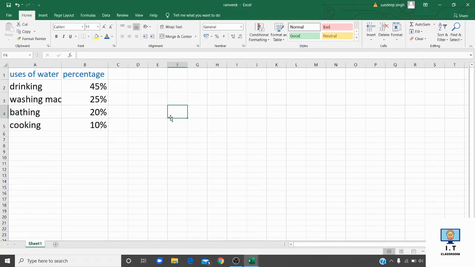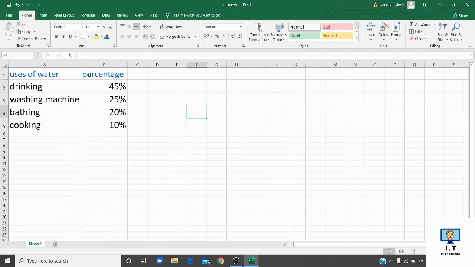As you can see in this worksheet, some text is not appearing in this row. So for this we have to increase the column width. How is it to be done? By bringing our mouse pointer here, it will change into a plus sign, and now you just drag it like this. In this way, you are able to see the full text in this cell.